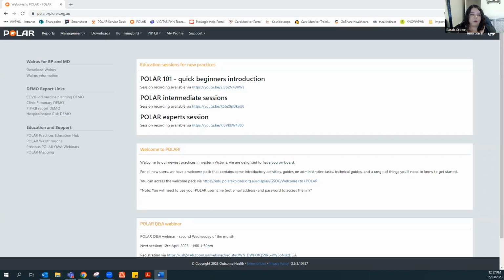This is a Polar walkthrough for identifying uncoded diagnoses for a data cleansing activity. So this activity guides practices to identify patients that have an uncoded diagnosis of an intellectual disability. The purpose of this is so that a clinician can go into the individual patient files and enter in a